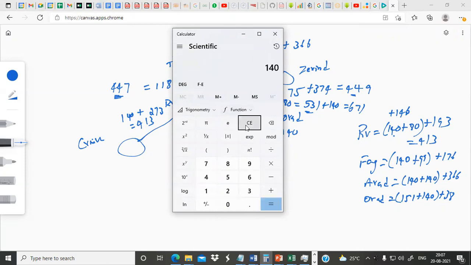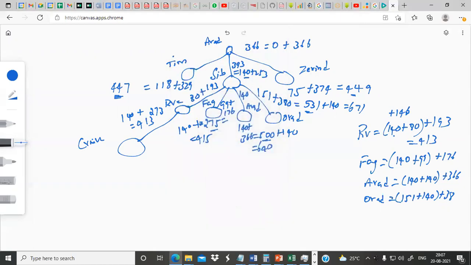I think 140 plus 80 plus 146 is 366, right? So it is 366. This is the actual cost, this is G of n. But similarly, let us first calculate the G of n for all, and the next destination it can reach